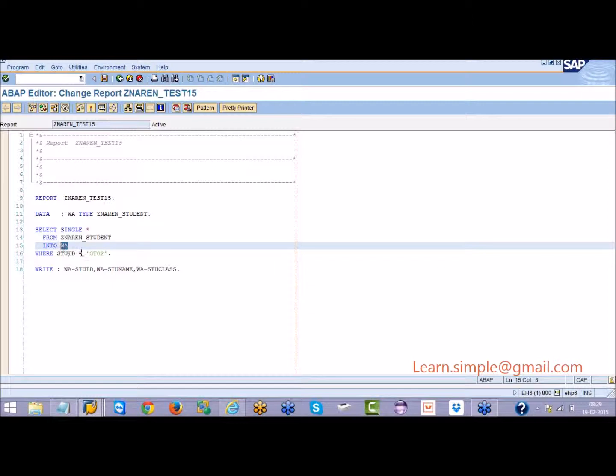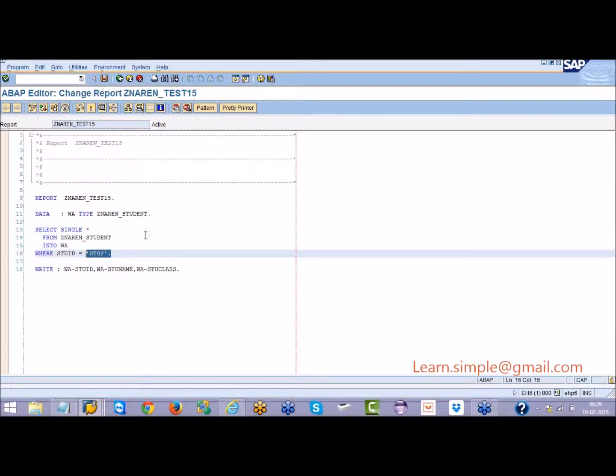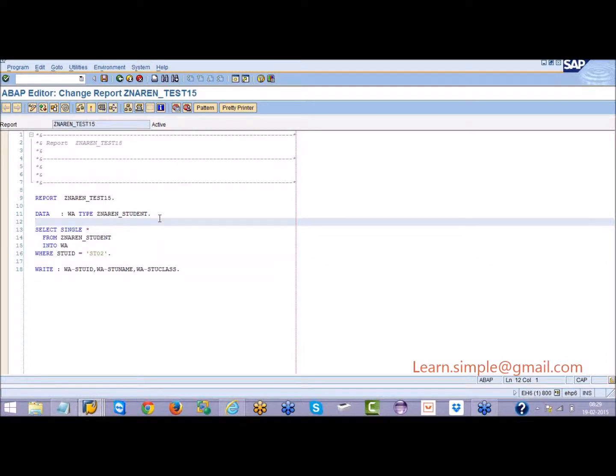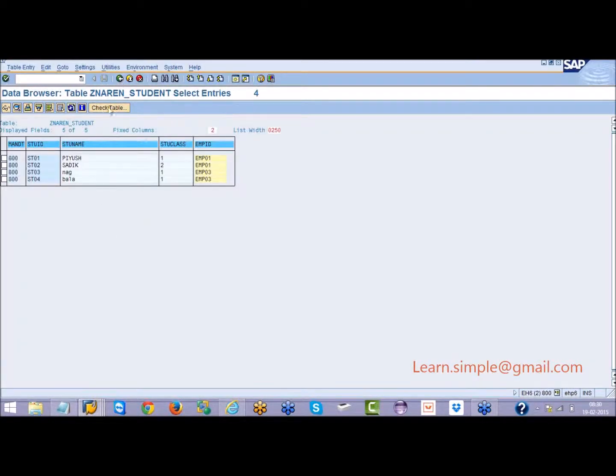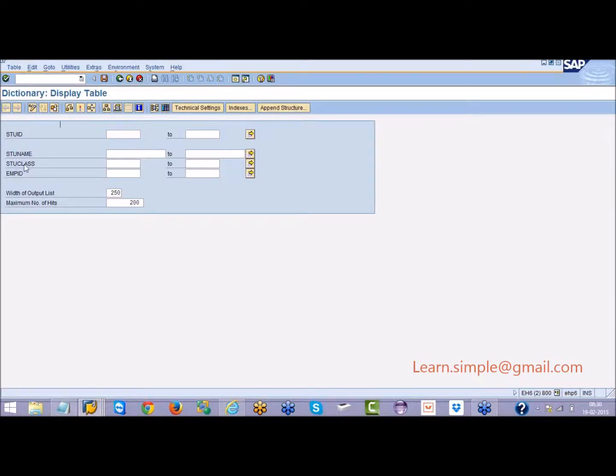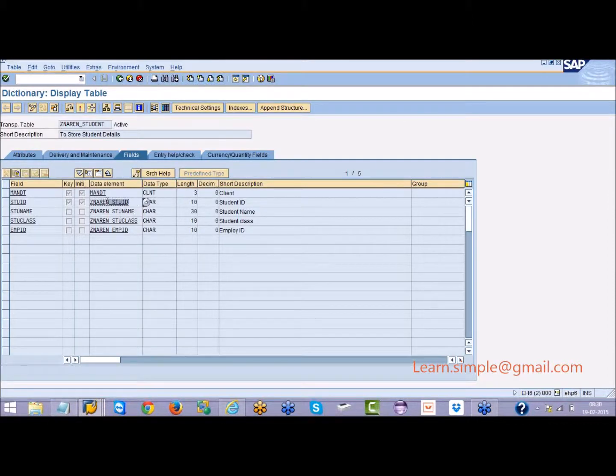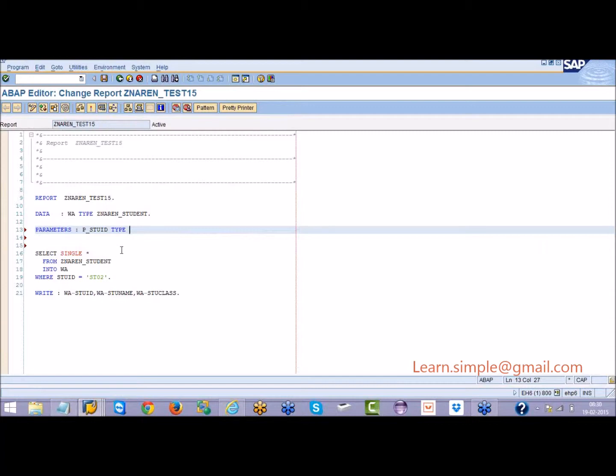But what I can do is, here instead of giving this ST02 hard coded, I can declare a parameter. So what I'll do is I'll say parameters, anything like XYZ or ABC, or I will say P underscore STU ID, any name, which is of type my data element of student ID. For example, if I go here, the data element of student ID, if I have given here,